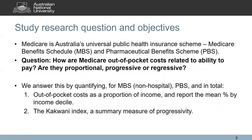Medicare is Australia's universal public health insurance scheme. Medicare includes the MBS, which subsidizes medical services, and the PBS, which subsidizes a range of medicines. Under Medicare, patients often still incur an out-of-pocket cost. This happens when the healthcare provider charges above the Medicare rebate amount. While there are policies in place to contain high out-of-pocket costs, including Medicare safety nets and bulk billing,